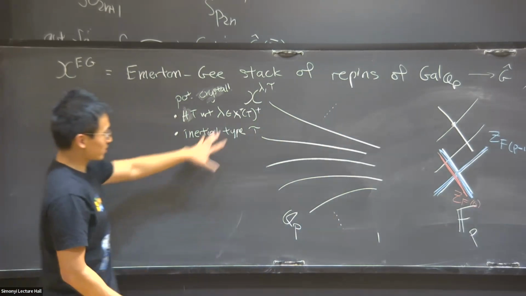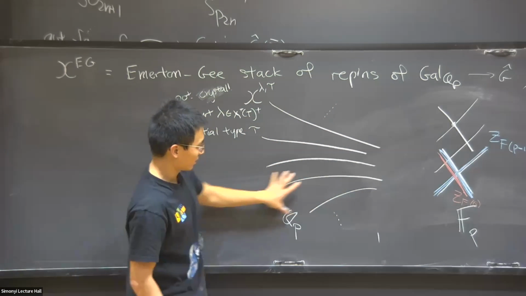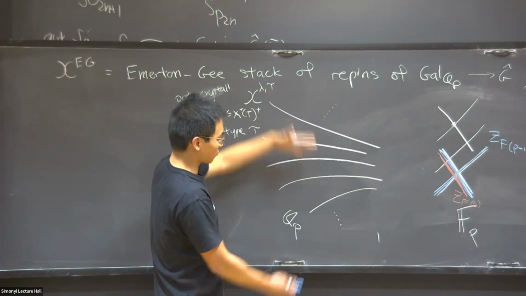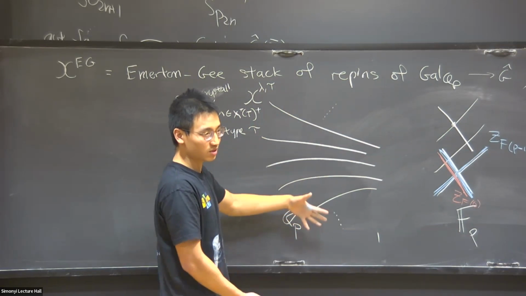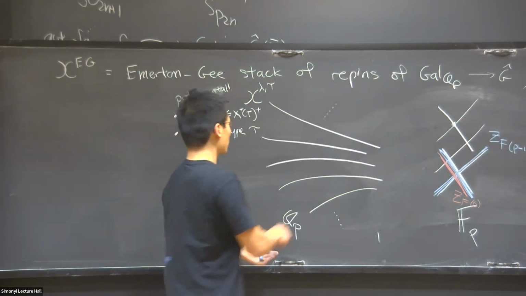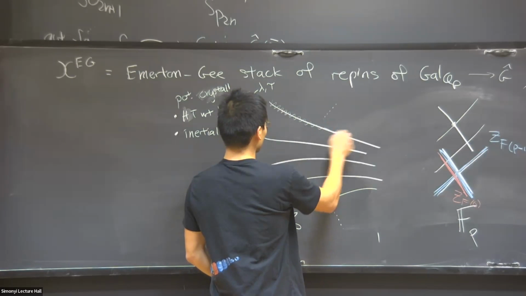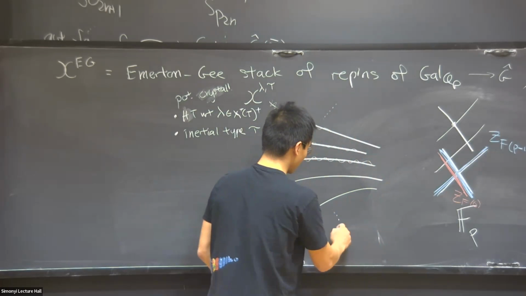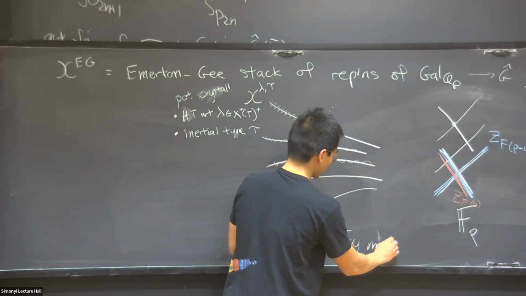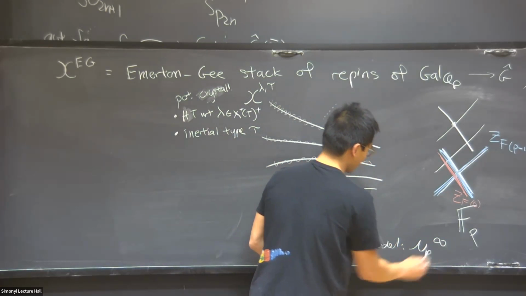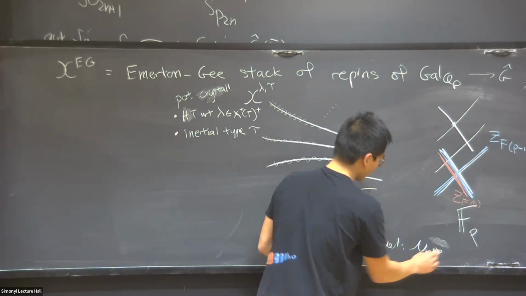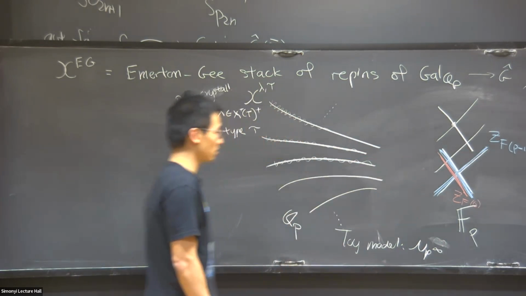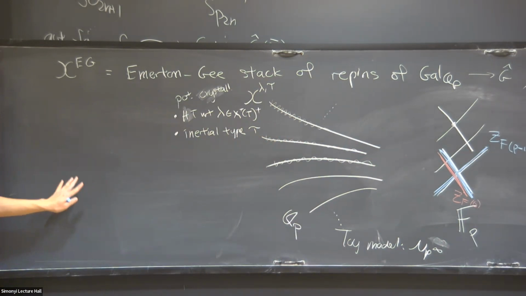Okay, so the geometry of this Emerton-Gee stack is very different in characteristic 0 from characteristic p. In characteristic p, it has a finite number of irreducible components. In characteristic 0, it has an infinite number of disjoint connected components, at least on the potentially crystalline stuff. And then it's kind of like a formal thickening of the potentially crystalline stuff. A toy model for this picture is something like Spec Z_p[x]. On the generic fiber, you see an infinite union of disjoint points, and then they collapse onto some kind of bounded space on the special fiber. So anyway, the idea is